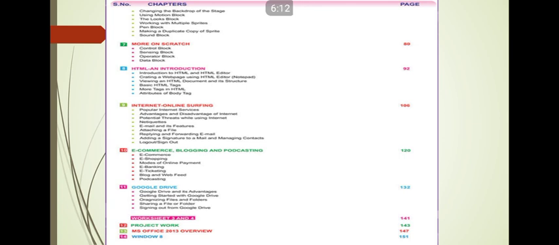Then the next topic is internet online surfing. Now internet is a very important part of our life, right? Right now also, with the help of internet only, we are studying too. So in internet online surfing, the topics which will be covered will be how to create mail, how to attach a file to your mail, how to reply or how to forward your mail, and what are the advantage and